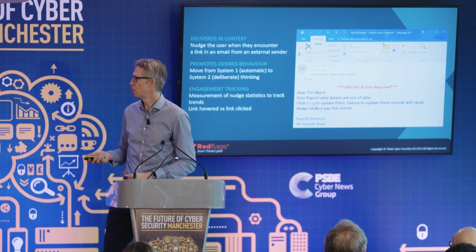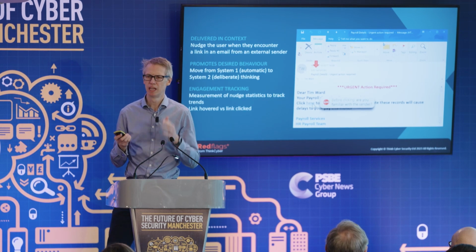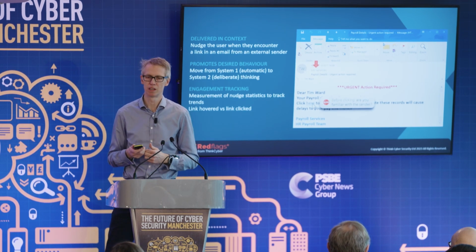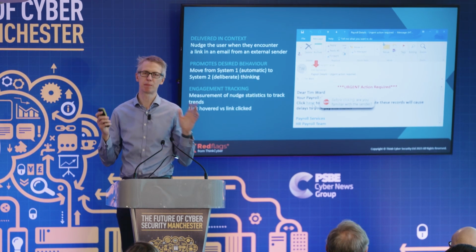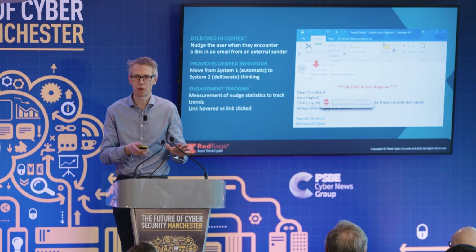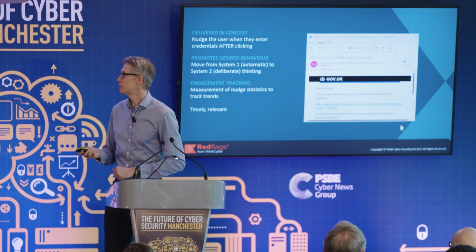So here's an example: about to click a link, a little nudge to say, are you sure you know this person? And drawing my eye to where I need to look. So it's about embedding that behavior and that good practice, but knocking people out of their System 1 autopilot into just going, oh, am I sure? But you could take that a little bit further.